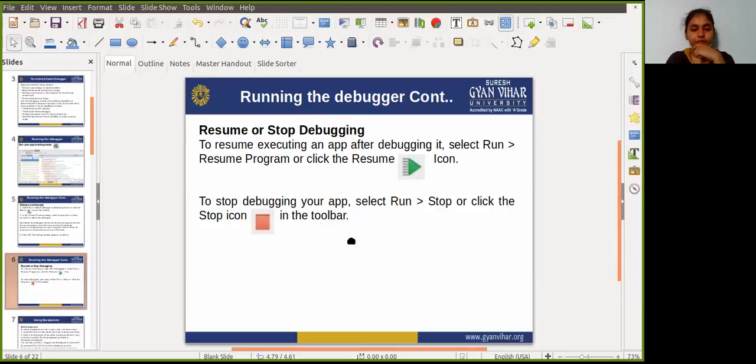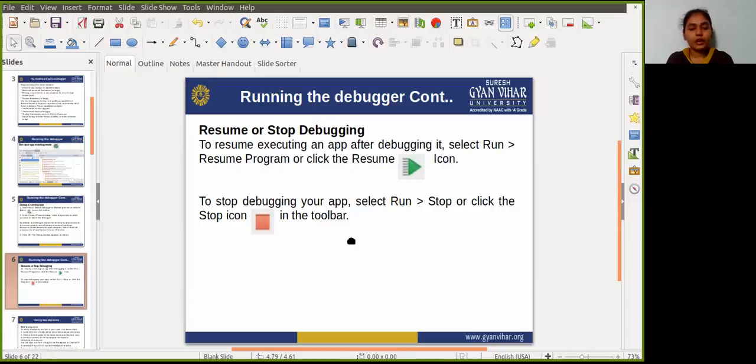Click the left gutter of the editor window next to the line number, and a red dot appears at the line, indicating the breakpoint. You can also select Toggle Line Breakpoint, or press Control F8, to set the breakpoint at the line.